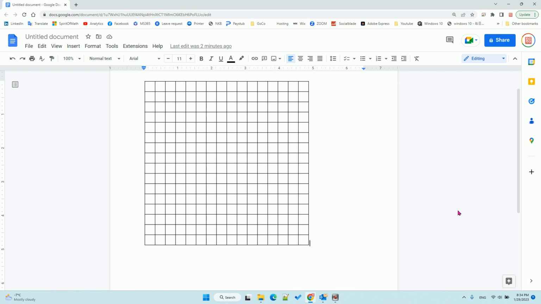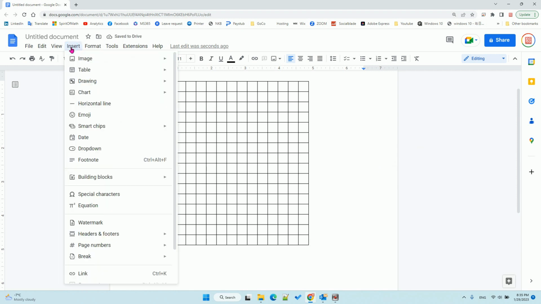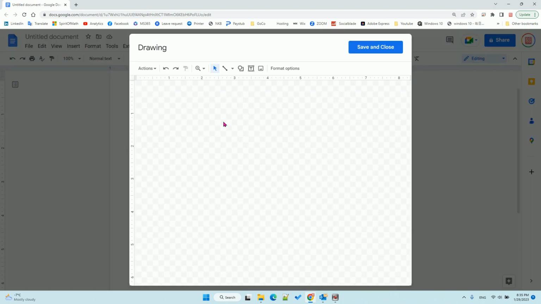Hello, in this video I will show you how to draw a square grid like this in Google Docs. So to do that, let's insert a drawing, a new one, and then the first thing we need to do is insert